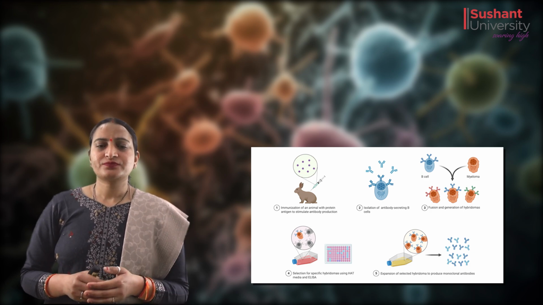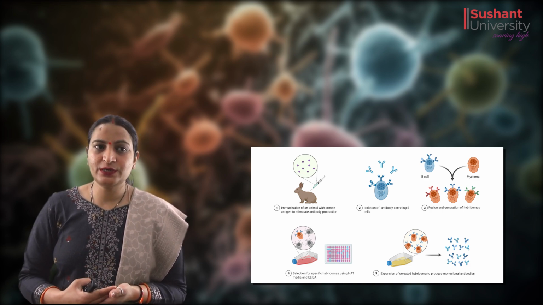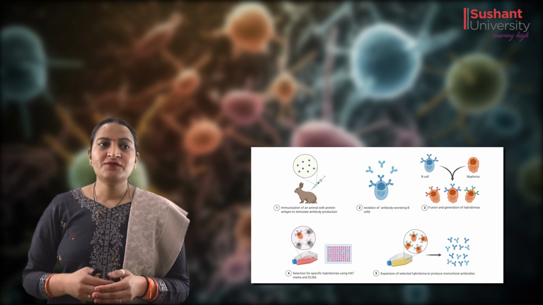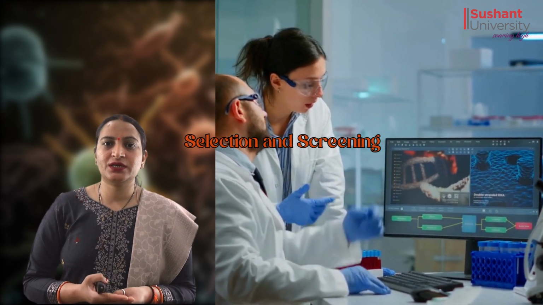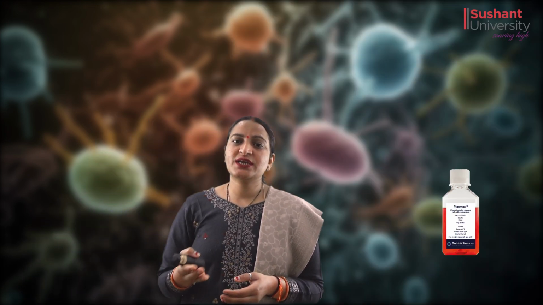Now, once the hybridoma cells are produced, after the fusion, we will go for hybridoma cell screening, which we do by using HAT media. It's a hypoxanthine aminopterin thymidine medium. It basically triggers the production of nucleotides by these hybridoma cells by either de novo process or salvage process. So this is how the hybridoma cells are screened.